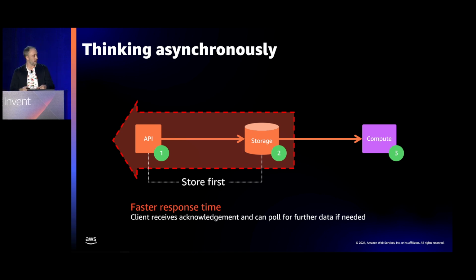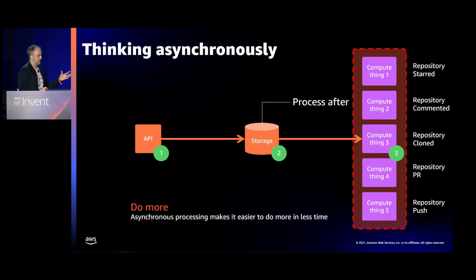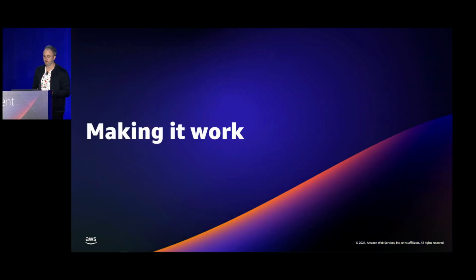This is the really cool bit about this, is that it creates a much faster response time because I'm going from API Gateway to a storage service that will send me back an acknowledgement that it's going to store my payload. And then asynchronously, that storage service will invoke my Lambda function, right? So API Gateway is not waiting for my Lambda function response. Then I process after. One of the benefits I get from processing after, apart from just that I can do it asynchronously, is that I can use rules to route to multiple different Lambda functions that can do things all concurrently, right? So I can do more things in less time.